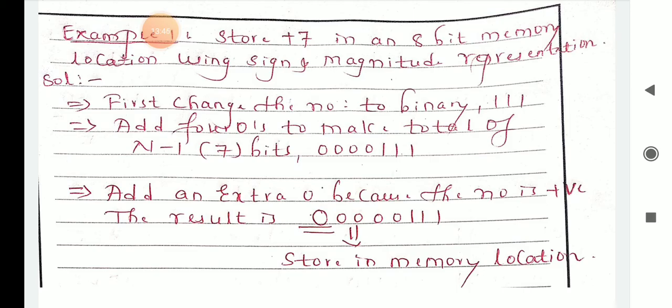You have to consider that one as an unsigned integer. Okay, so if only 7 is there, you consider it an unsigned integer. If before this 7 there is a plus or minus, you consider it a signed integer. So this is a very important step: identifying unsigned and signed integers.